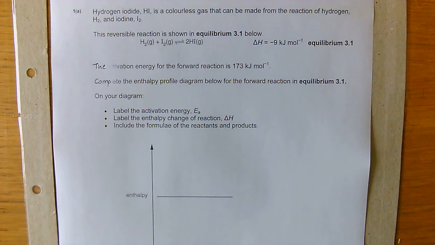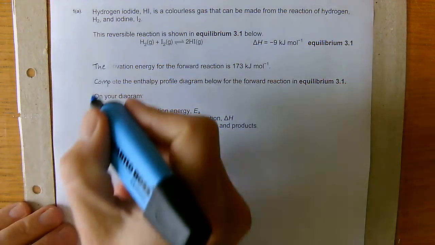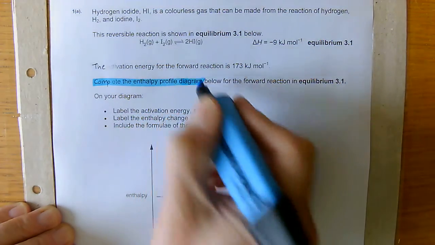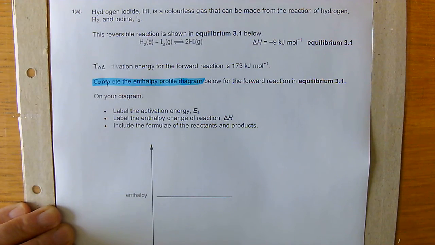Okay, let's have a look at question 1, part A. Hydrogen iodide is a colourless gas that can be made from the reaction of hydrogen and iodine. It gives us the equation there, tells us that delta H, the enthalpy of reaction, is minus 9 kilojoules per mole, and the activation energy for the forward reaction is 173 kilojoules per mole. And it's asking us to complete the enthalpy profile diagram for that forward reaction, and it's asking us for 3